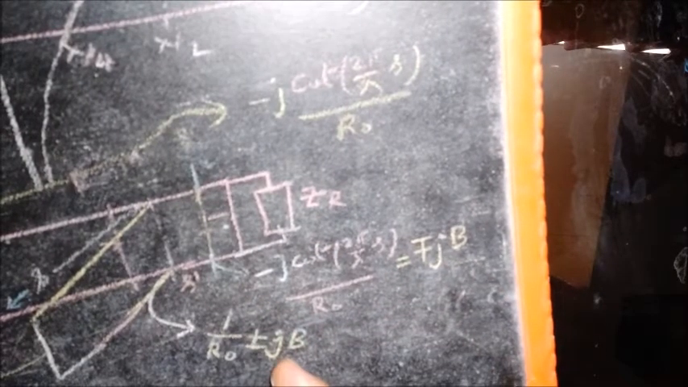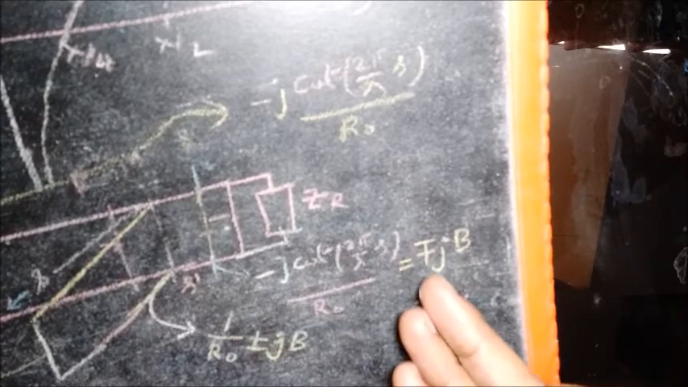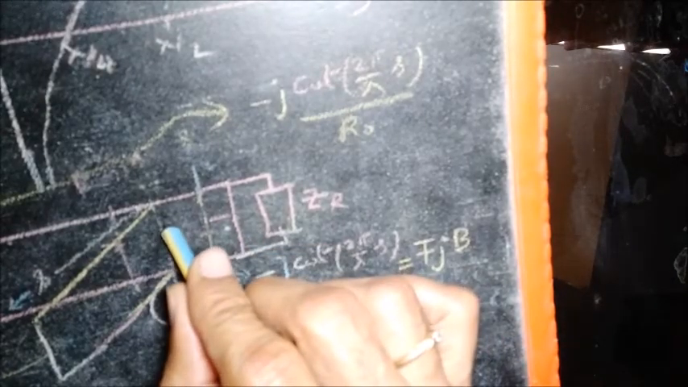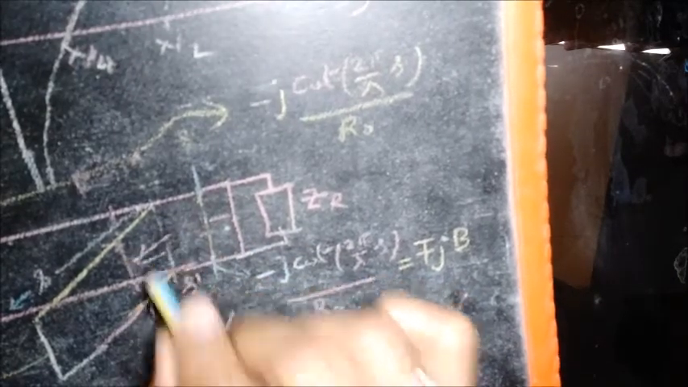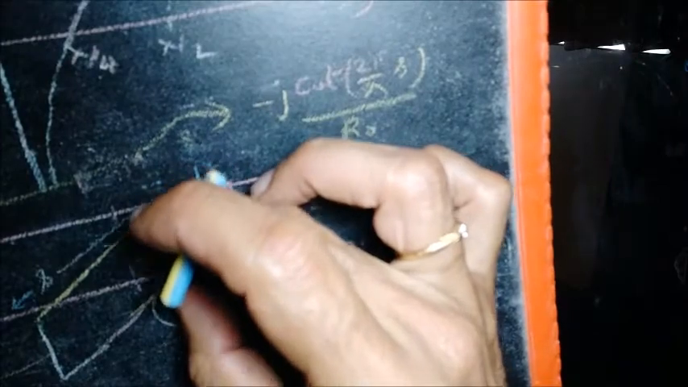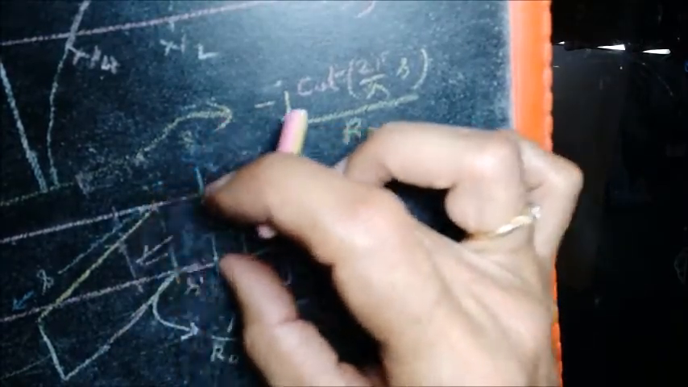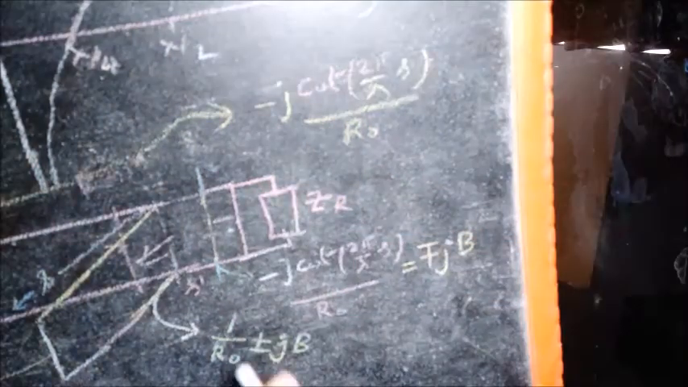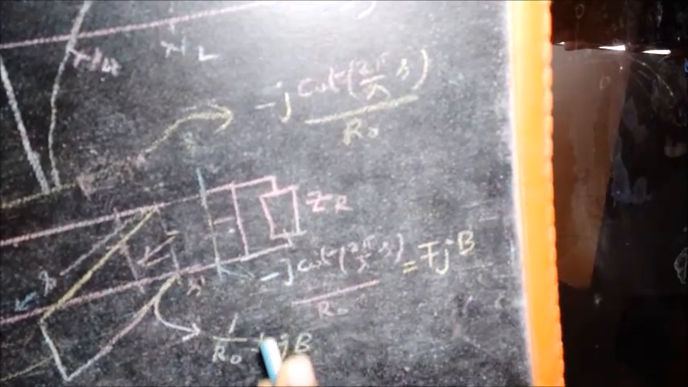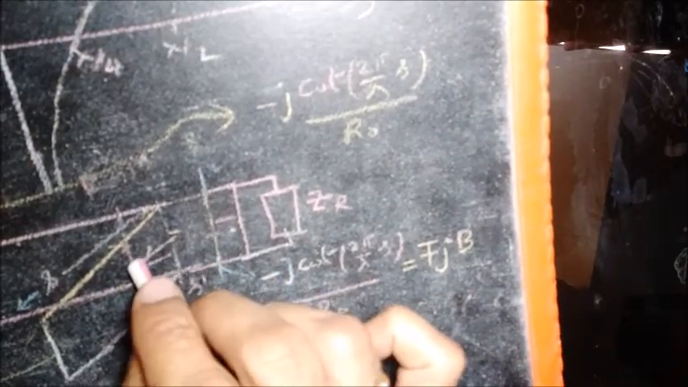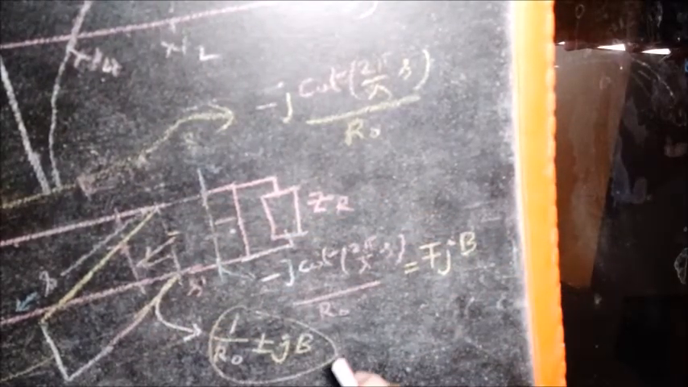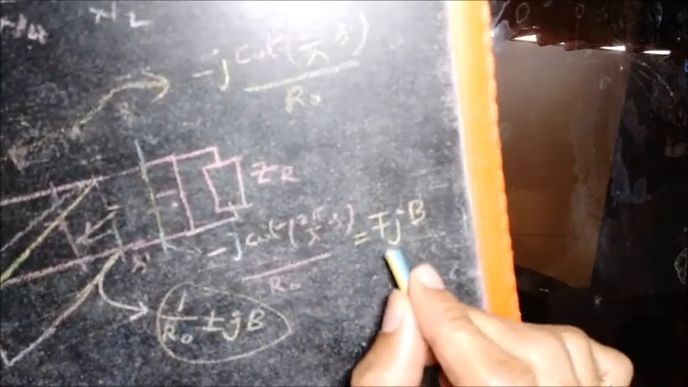Or if this happens to be minus JB, we choose S such that this turns out to be plus JB. Now suppose we adjust S such that the admittance as seen from here turns out to be this. Then, since this part and this part are in parallel, the admittance of the line here is given by this, and the admittance of this is given by this, and you have two admittances in parallel which add up. And when they add up, you see that since this is adjusted to be minus or plus JB,